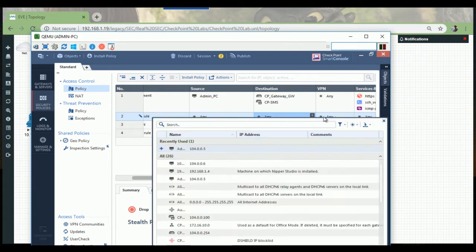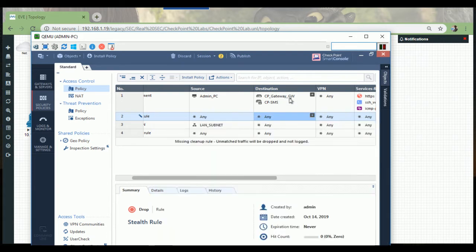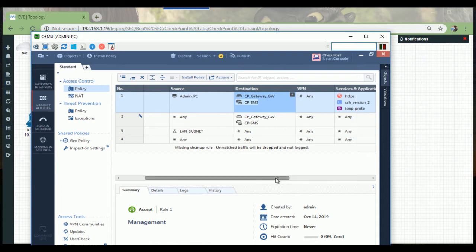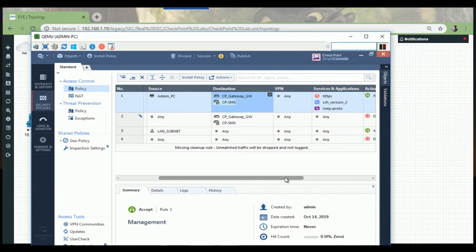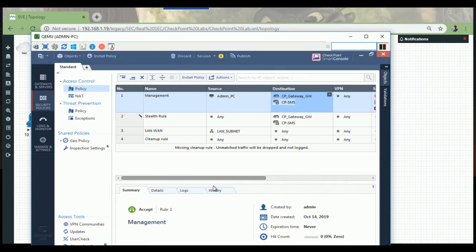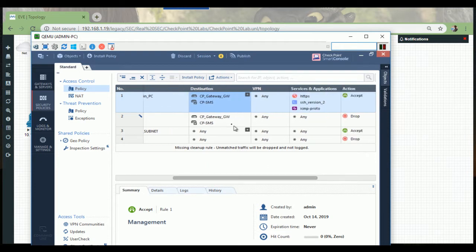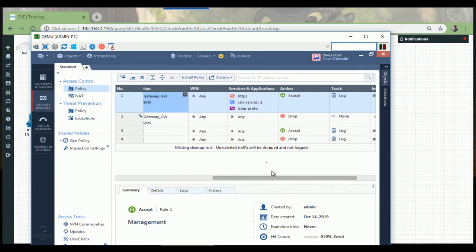Destination. Okay, another way you can do it is to select and drag a little bit here. This way you can also drag and drop the objects in Checkpoint Firewall, which will make your work a little bit easier. And here we are saying stealth rule, source, destination. Source is any, destination is these two nodes. Any source reaching my two nodes, any VPN, any service should be dropped and logged,